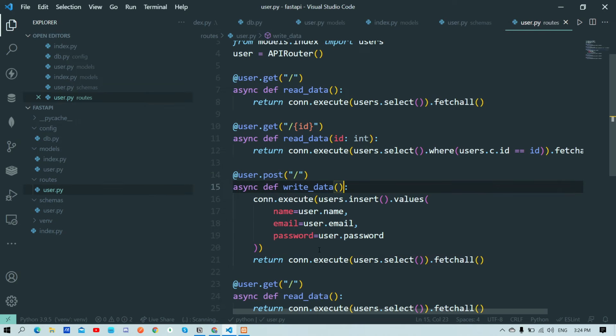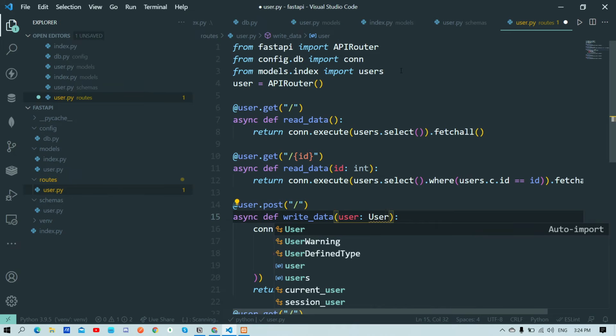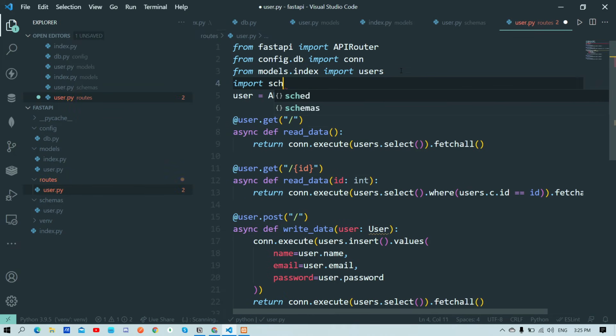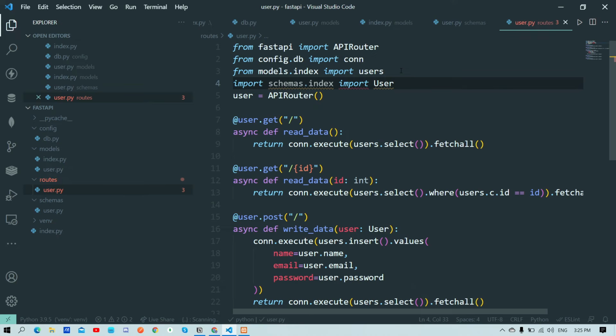And one more thing, you need to pass user here, and you need to define user data type, and we'll get this data type of user from the schemas. Okay, so schemas.index you can define here as well, so it will be good practice to use schema. So in schemas here I just need to define index.py,